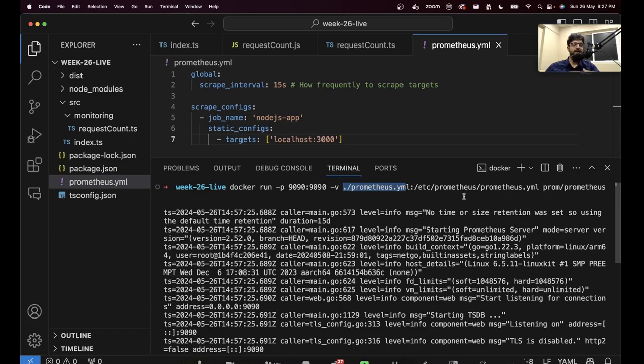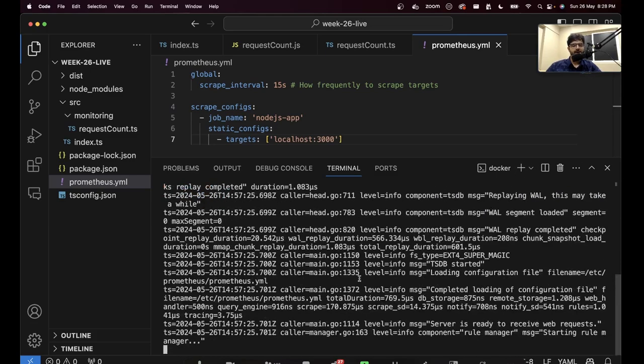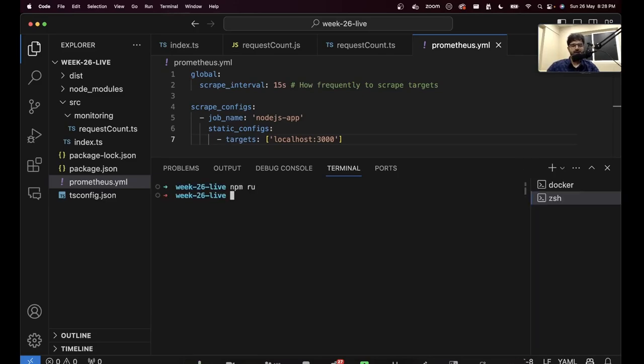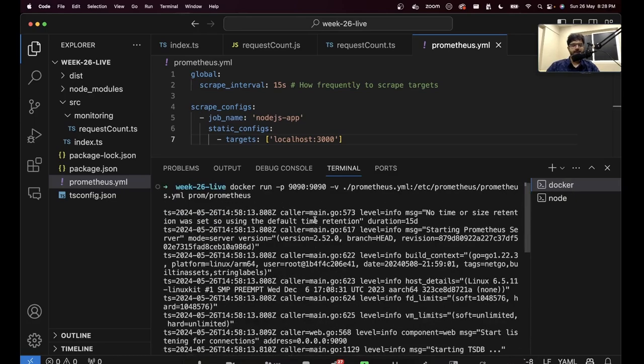Basically, you can make this easier by creating a Dockerfile and copying over the file there, or you can just create a volume that points to the prometheus.yaml file from inside the container. And then lastly, we're starting this image right here. It won't work yet because in another terminal, I need to start my Node.js application. So now that this is running and we have this as well, let's try to go to